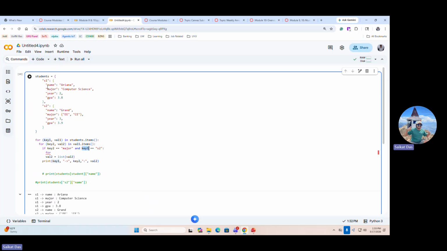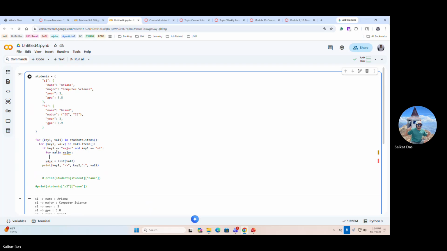If key 1 is S2 and key 2 is major, then we will iterate. Actually, it should be key 2. So print